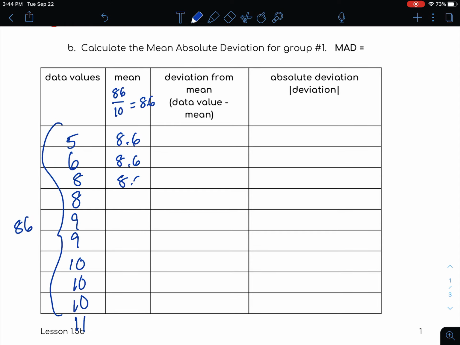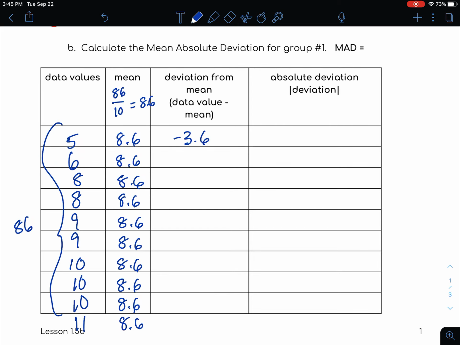Now this is a little tedious, but we're going to write 8.6 all the way down here just so we can make our visual math a little bit easier. So we're just going to put that mean all the way down here. We're going to find the distance the data value is away from the mean. To find a distance, we're going to start off by subtracting. So 5 minus 8.6